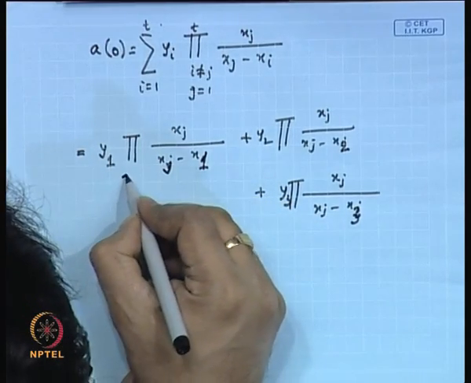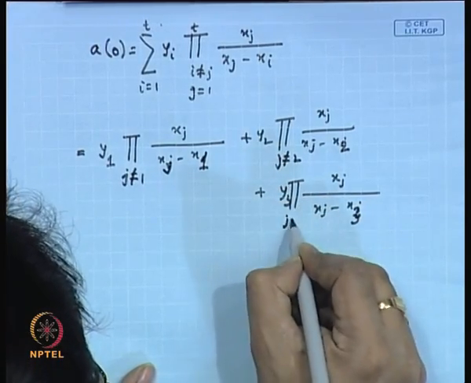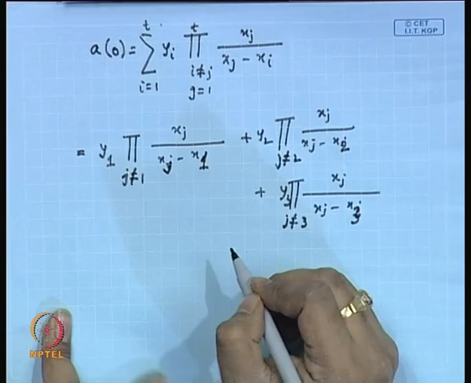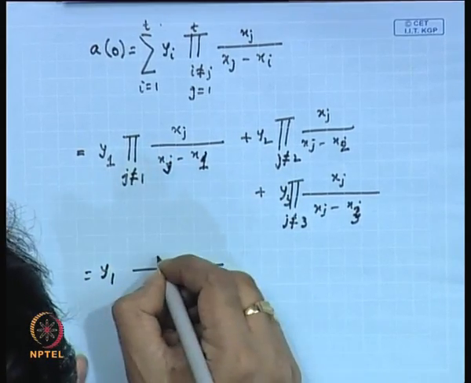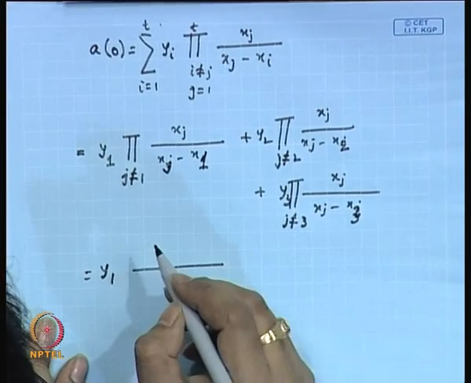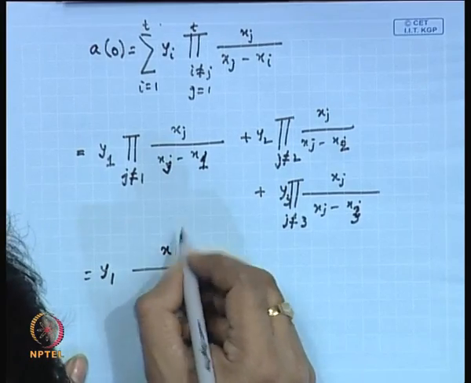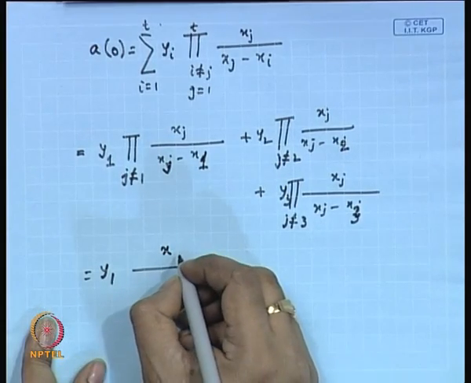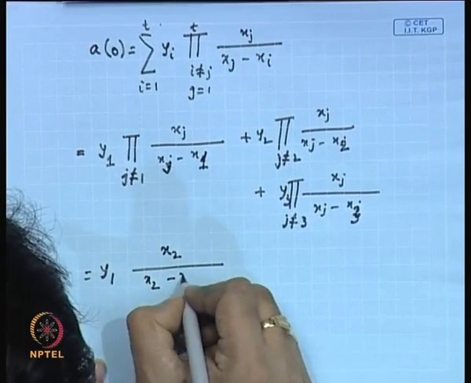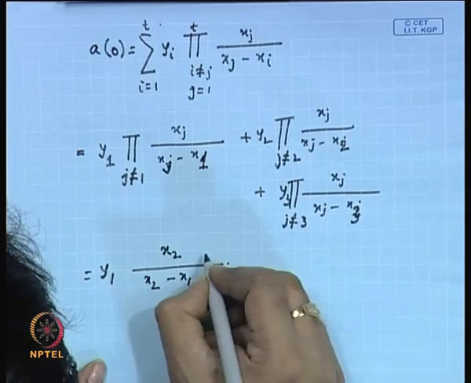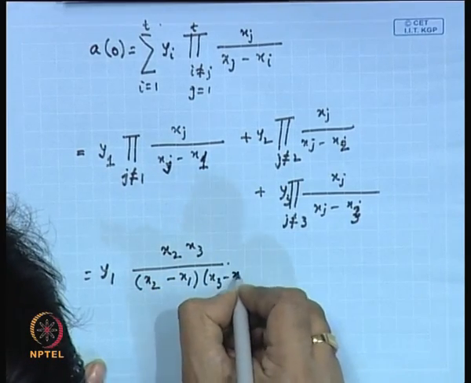So, that means j is not equal to 1 here, j is not equal to 2 here and j is not equal to 3 here, right. So, that means this is equal to y1 into, so what is the corresponding value of your j here? It can be 2 here because it is not equal to 1. So, it is x2 divided by x2 minus x1 multiplied by x3 divided by x3 minus x1